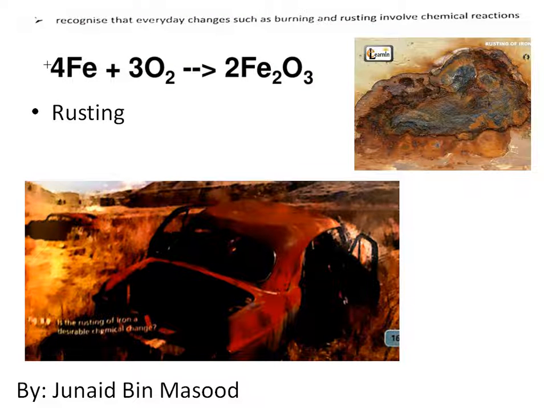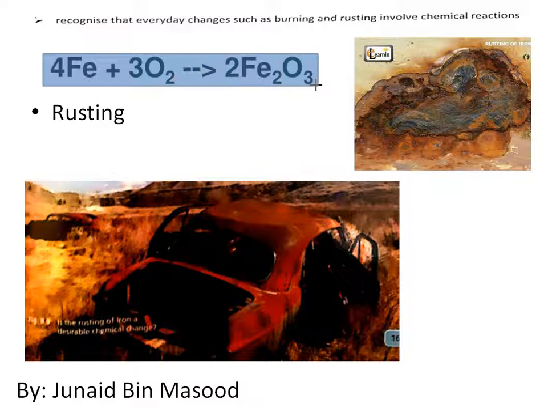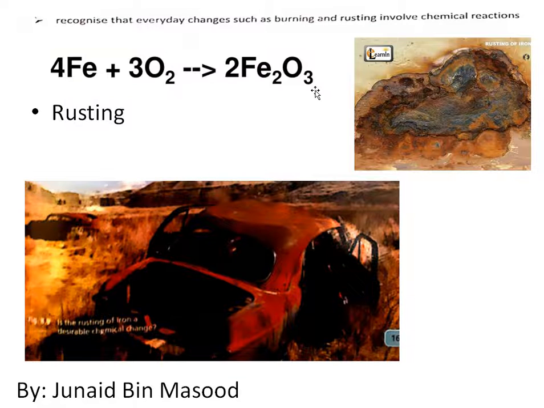So iron basically rusts, and rusting means oxygen is reacting with iron. So oxygen is reacting with iron to produce iron oxide, which is Fe2O3. Remember this, okay? This is rusting. Now you should